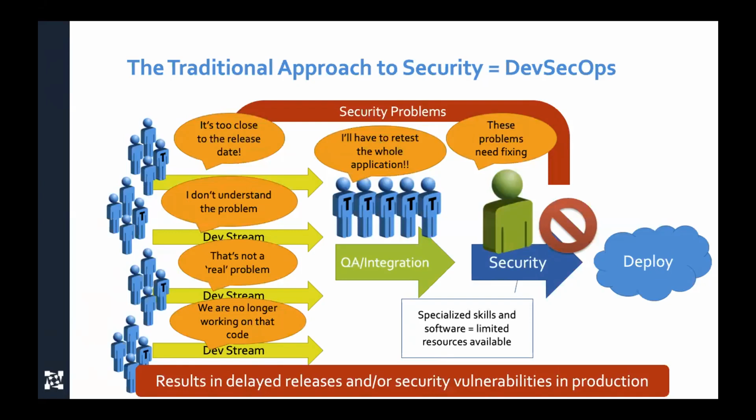And then the integration team are faced with the daunting task of not knowing what they need to recertify before they go to release. In essence, they're having to do the whole thing again. So the result of this is actually two things. It's not only that you end up with some delays in your release because of these later stage security issues, but also you don't get all the security issues remediated. You will go to release with known security defects with some promise to fix those problems in the future.